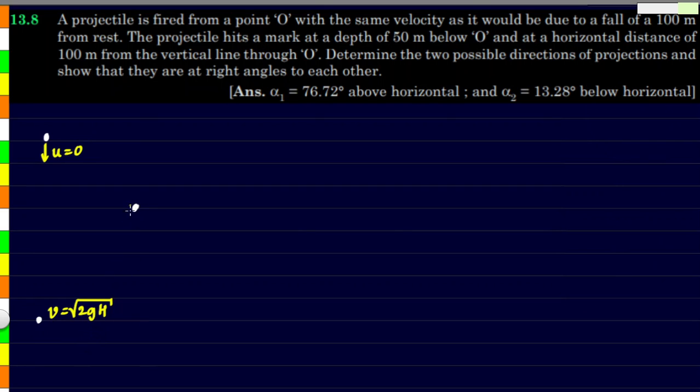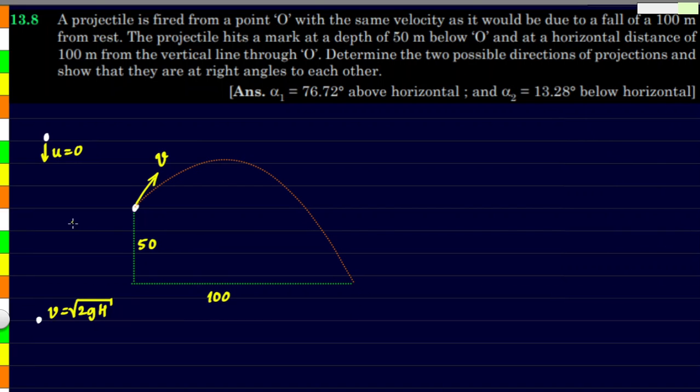So now let us assume the point O over here, and from here the object has been fired at some angle, and the velocity with which it is fired is given by this formula. And now it's going to follow a parabolic path like this, and we have been told that it hits a point like this below the point of origin, and the distance which it is below that point is 50, and the horizontal distance between the point of projection and the point where it reaches is 100. So we have been told to find the angle at which we have to fire it such that it reaches